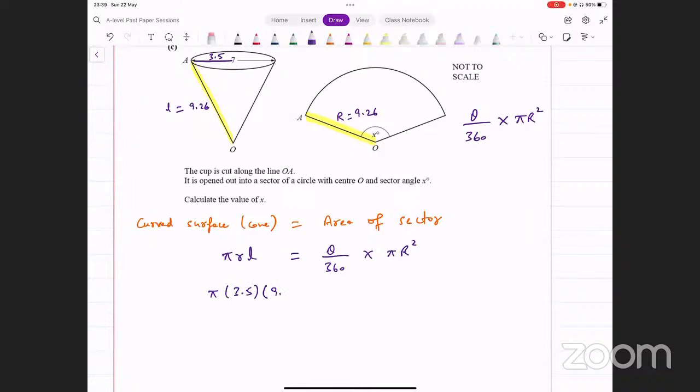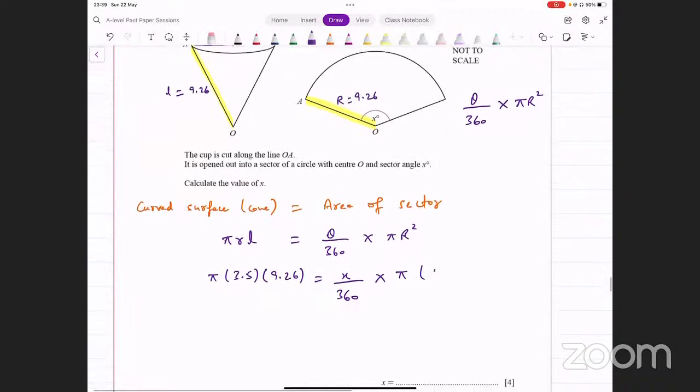Slant height, that is 9.26. That equals theta. Theta की जगह यहाँ पे x है. X over 360 into pi. Radius का square, radius of the sector, that is 9.26 and square of that. What do we do now? Pi and pi get cancelled. What are we left with? X equals